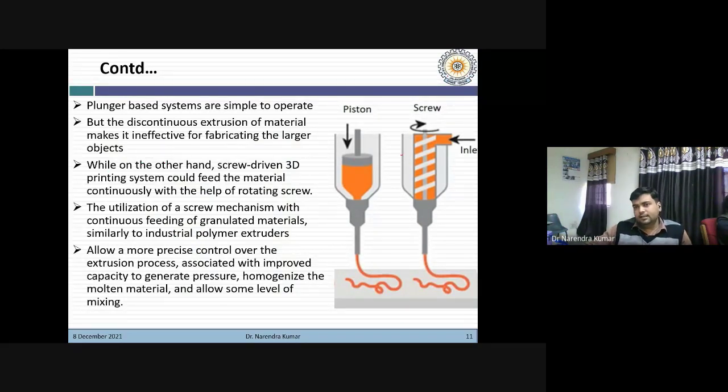But if we see the screw driven based system, we can feed material continuously, because here we have a rotating screw. So the screw is rotating continuously. We can feed material with the help of a hopper, right? So we can feed material continuously from the top. So the utilization of a screw mechanism with continuous feeding of the pellet material is similar to the industrial polymer extruder. So it allows more precise control over the extrusion process,